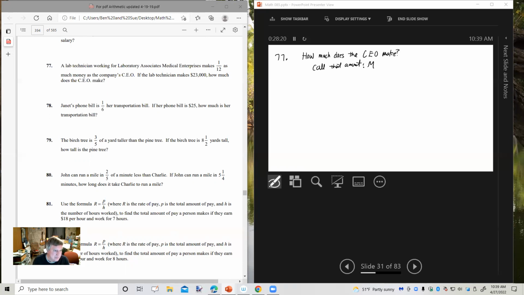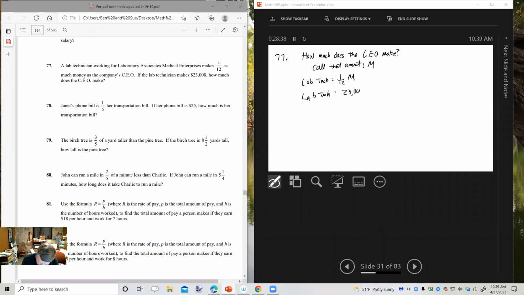Call that amount M. Lab technician, let's see. So a lab tech makes 1/12 as much as the CEO, which is M. But the lab technician also makes $23,000. So 1/12 M equals